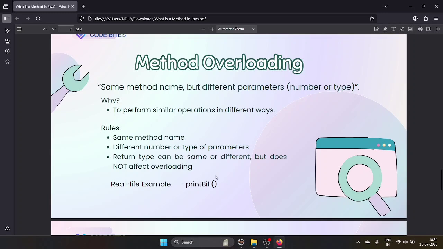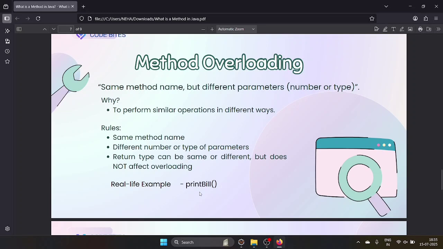Okay, let's take one example: printing a bill. There is a shop. If any customer comes to that shop, they will give a bill. If that person purchases or doesn't purchase anything, they will give one bill or detail of that customer, like what they have purchased or not. If that customer has not taken anything, then it is going to return an empty bill.